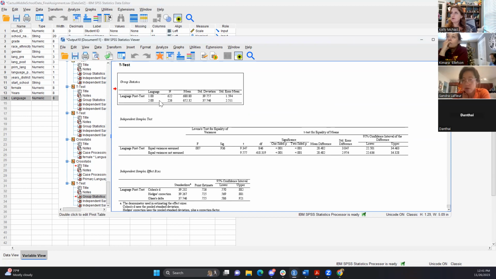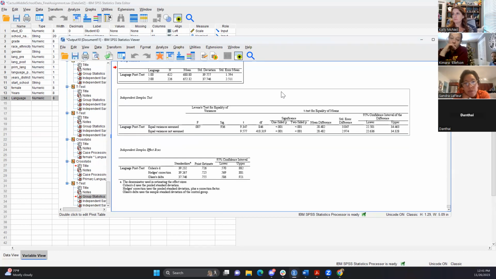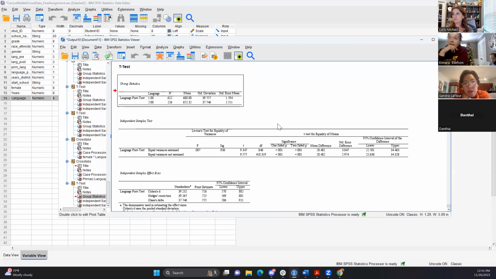What is confusing to me right now is that it's saying 226 are non-English. Yeah, that's correct, because only 105 of those 226 enrolled in a program, which is the question I thought you were asking. Okay, but that's fine. So this is a really cool one, and it does say that there is a difference, which is what we would expect, right? There's a statistically significant difference in the test between those for whom English is their primary language.